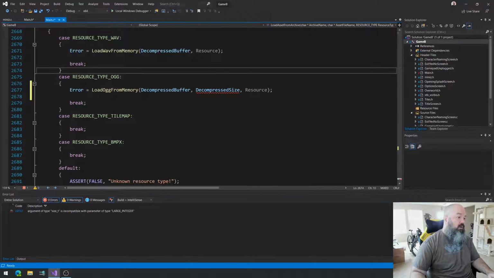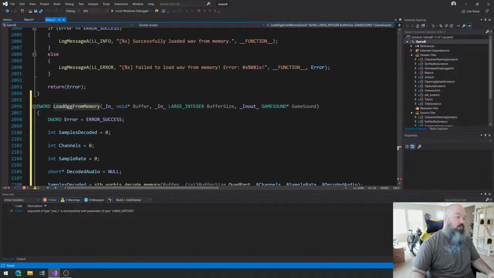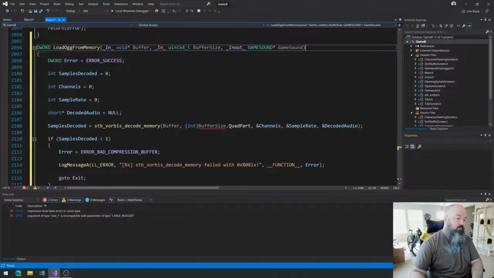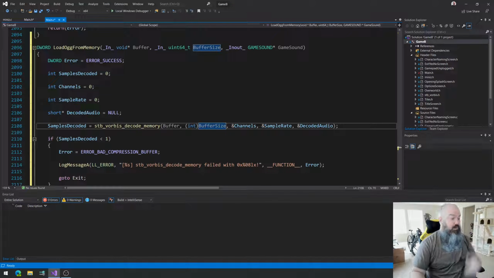So copy that. Load ogg from memory. Replace that. Okay, and now buffer size no longer has a quad part member because it's simply a uint64,